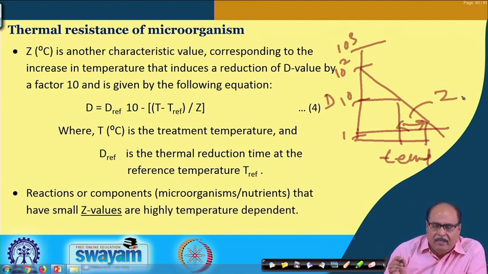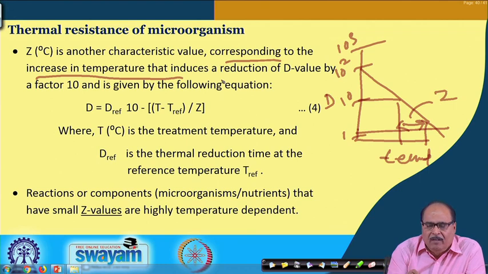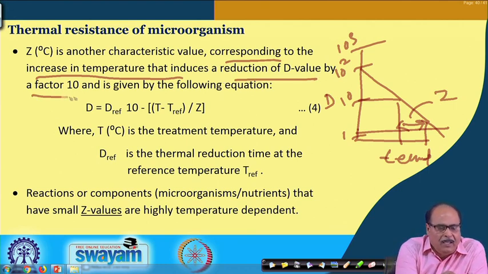That is, Z value corresponds to the increase in temperature that induces a reduction of D value by a factor of 10,